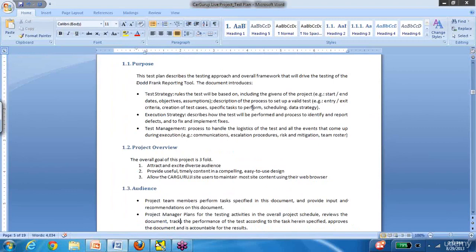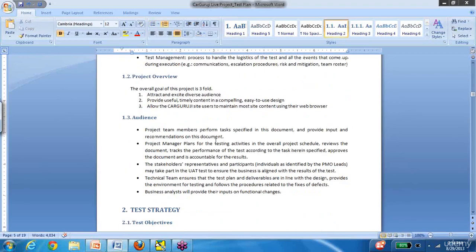First, the purpose of this document. What is this document going to define? It's going to define the test strategy, the execution strategy, and the test management process. We'll see each one of them in detail now.